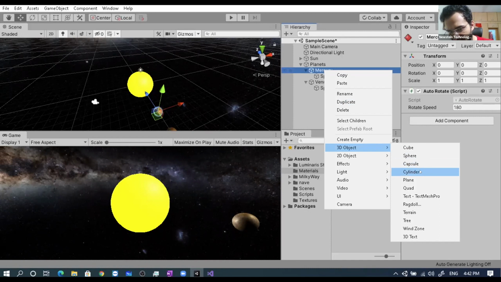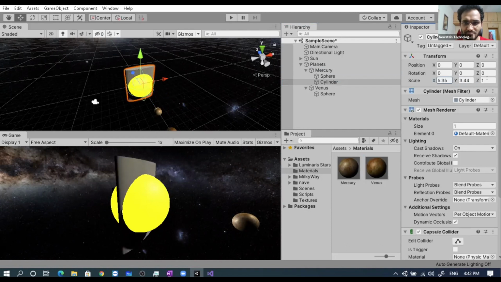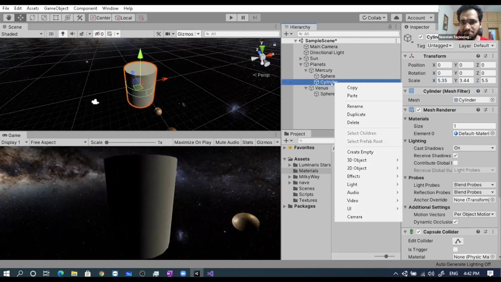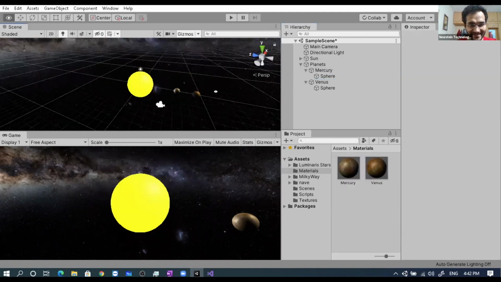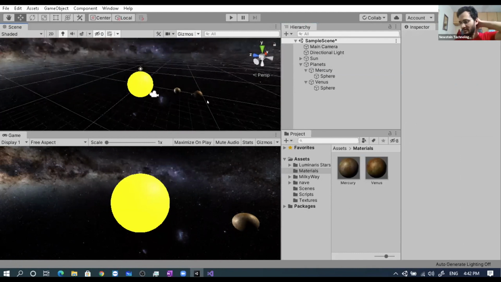Let me try cylinder. No, we can't do that. We cannot add an orbit easily. The one that I added is not an orbit. That is something else. We'll tell you.